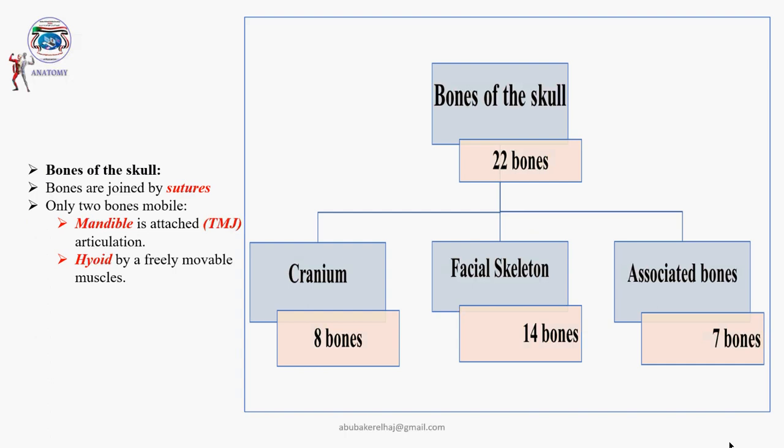There are also associated bony parts that may be included inside the skull, like the ossicles of the middle ear, and the hyoid bone, which lies below the level of the lower jaw. The cranium has about 8 bones, while the facial skeleton has about